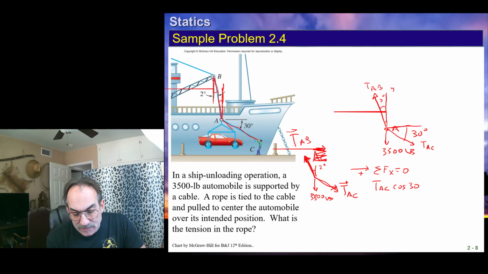That's going to be this component. If this is perpendicular, minus, and we've got this little guy, TAB, cosine of 2, or excuse me, that actually, if we're using this 2 degrees, cosine will give us this, sine will give us this. So we're going to use sine of 2 degrees. And that's going to be in the positive,